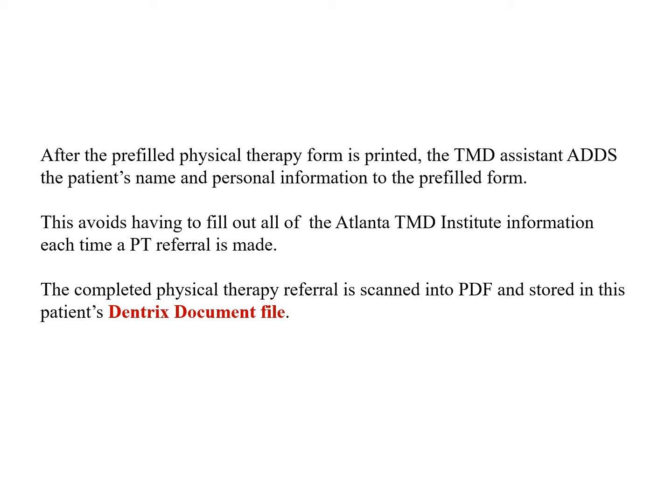Now the neck has to change, and the neck has been in trouble for years. So we send out at 6 weeks, and we allow 6 weeks for the changes to occur. We don't send to PT earlier unless there's a specific problem. The protocol, which means the step-by-step method of how we do things, indicates that most patients are sent out at